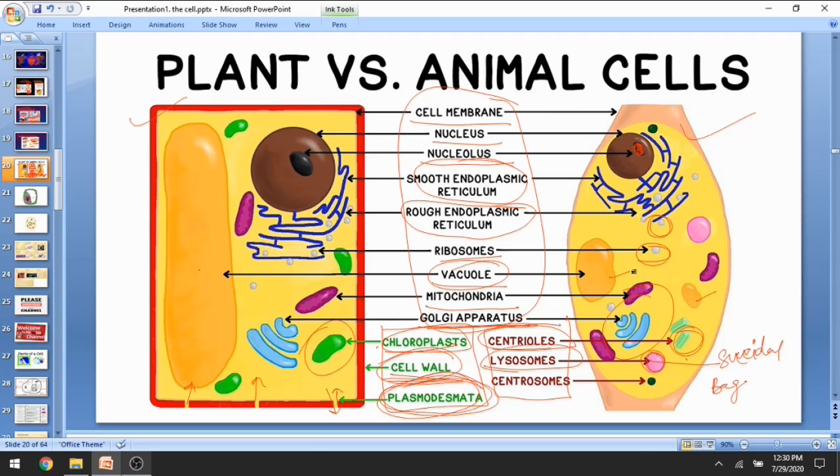So when a cell is unable to perform and comes to its end, towards its apoptosis, that is the cell death stage, the lysosome releases its chemical, and it is responsible for lysing the cell. It swallows the entire cell on its own, and hence it is said to be a suicidal bag.